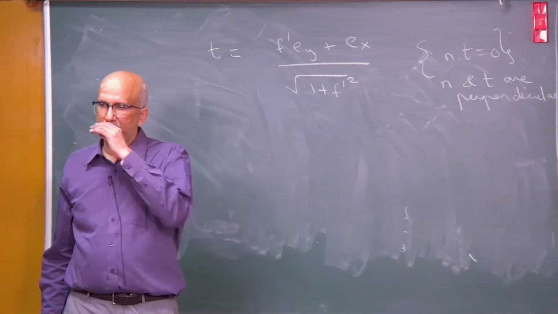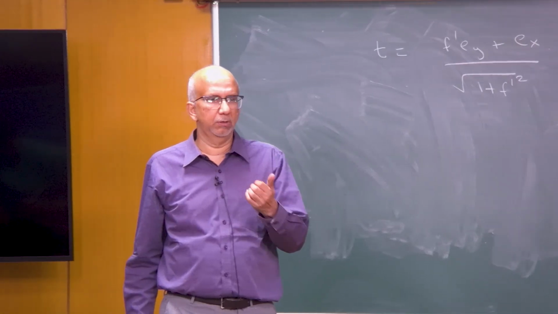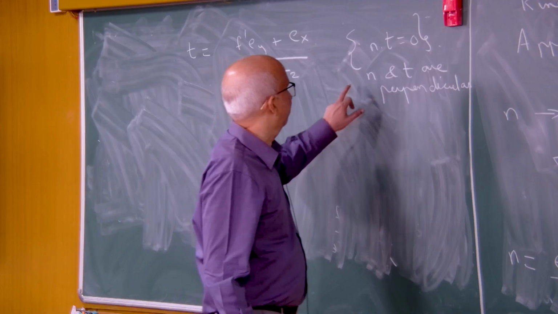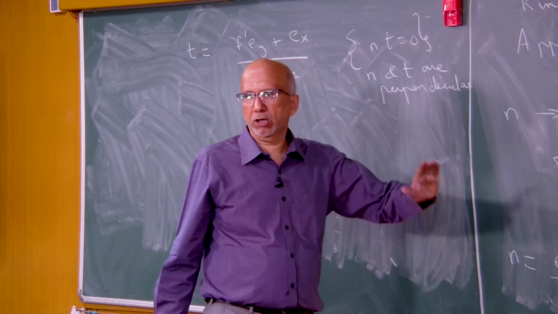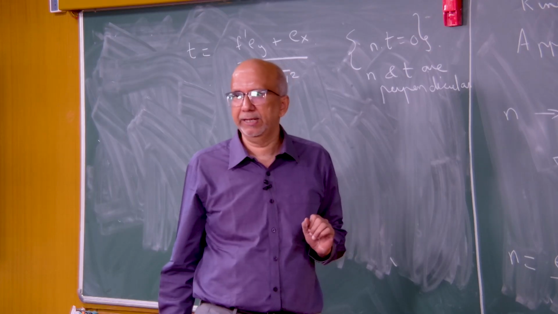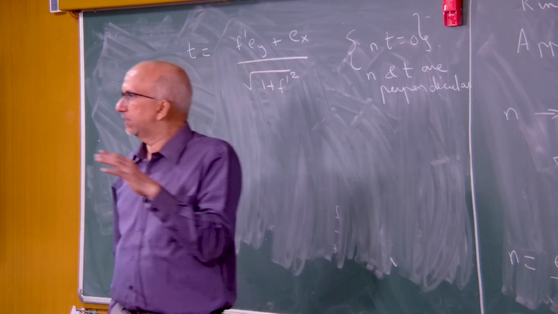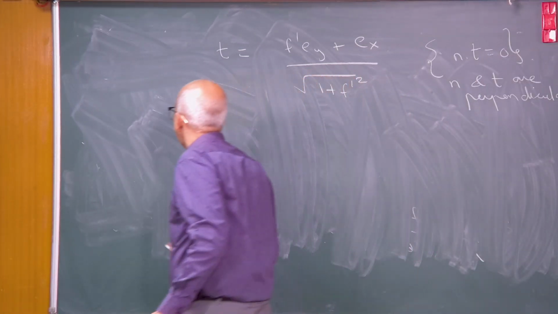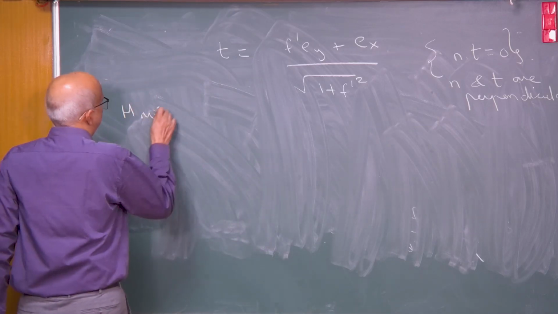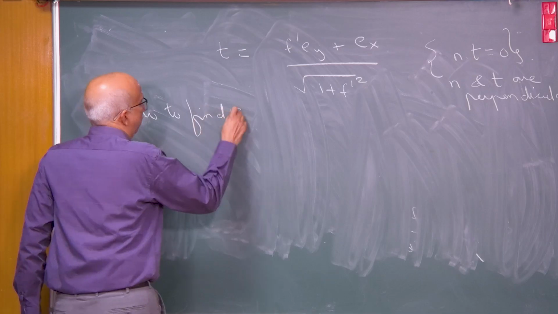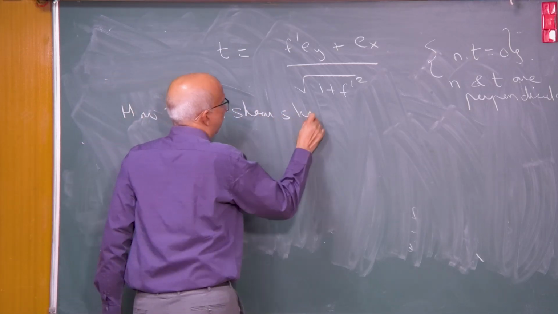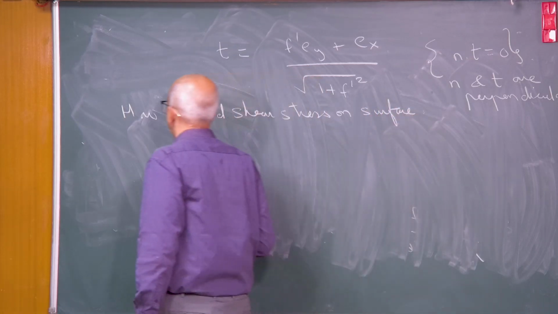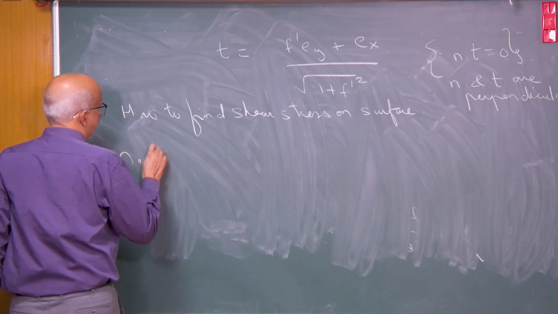Okay, because it is a straightforward problem in 2 dimensions, I just did it by observation, but otherwise you can do it mathematically. So, now I found the normal direction and I found the tangential direction. I need to calculate the shear stress on the surface where f is changing with x. How to find the shear stress on the surface? For that I do n dot T dot t.